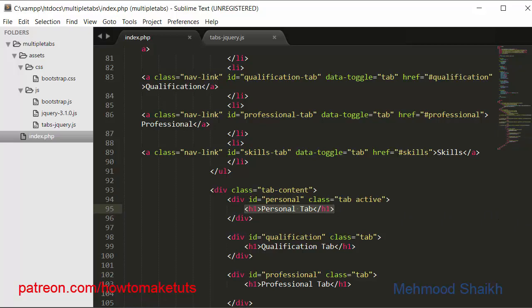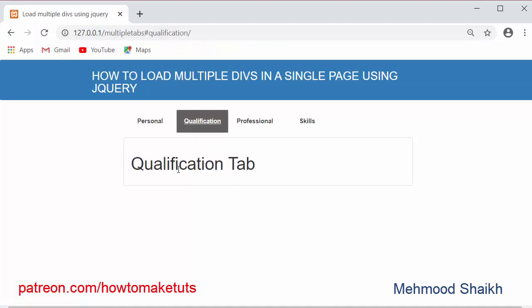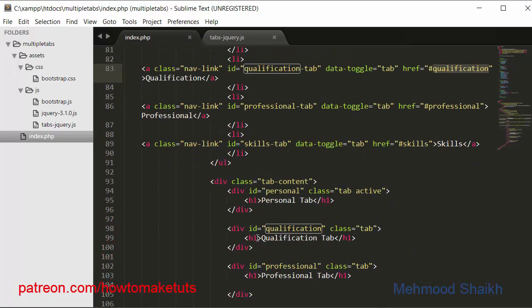When I click on the qualification tab, the qualification div will get displayed. The id assigned here is qualification. As you can see, this div will get loaded whenever I click on the qualification tab. To the next link I have passed the id of professional.